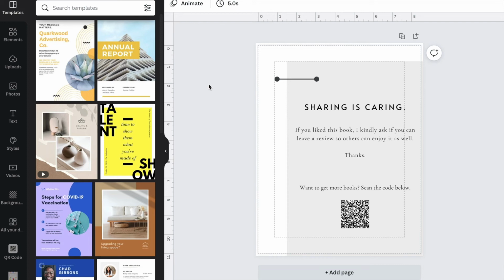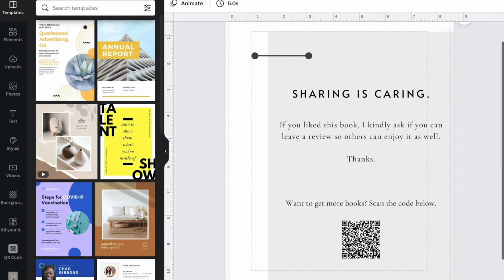And another thing that I also like to do is at the back of the book, again, you can have it at the front. I have a page similar to this where I encourage people to either leave a review or check out my other books. This is the page in which you can also add links if you want to have an incentive. Let's say, for example, you have an activity or coloring book and you want them to download a PDF. This will be the page where you can do so, which is really great. And what is great about it, again, one of the things that I do is I have a standard page that I add to any of my books, and all I do is just copy paste and then obviously resize it